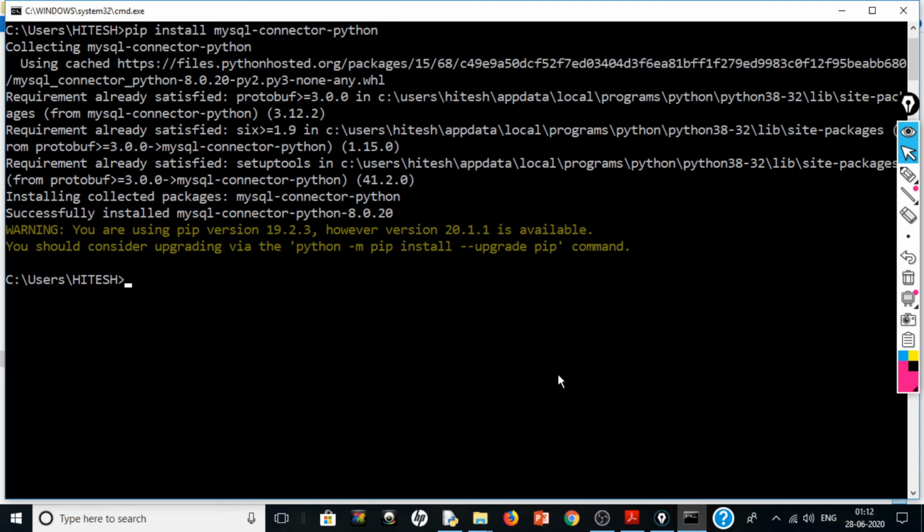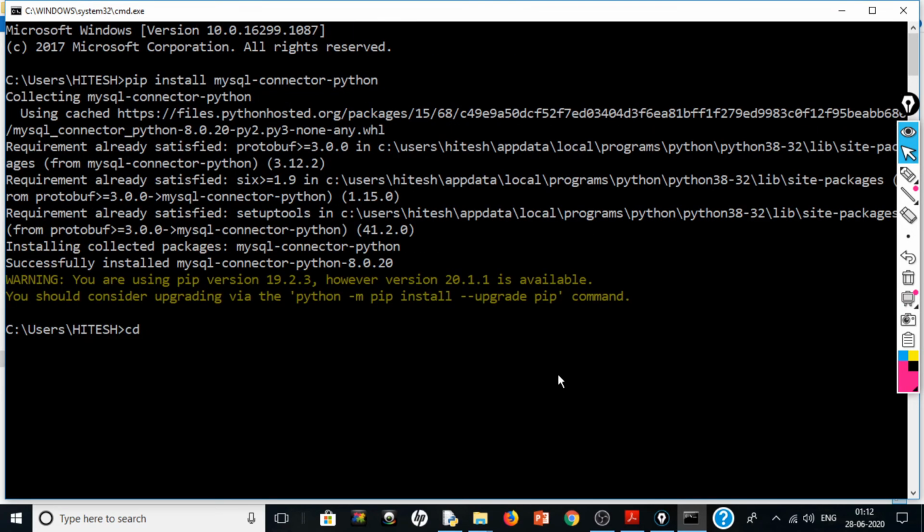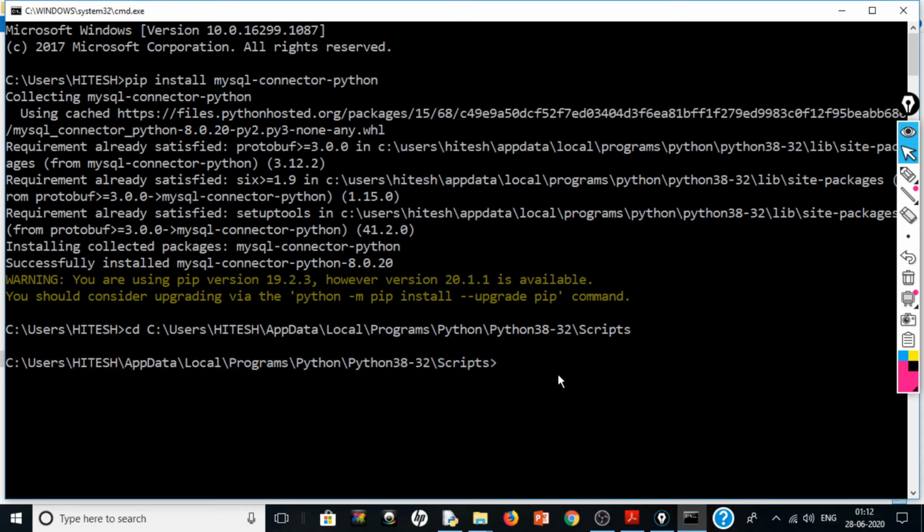We will write the change directory command, that is cd, and paste the complete path, and press enter. So now we are inside C drive, Users, AppData, Local, Programs, Python, Python38-32, Scripts. Here we will apply pip install mysql-connector-python.